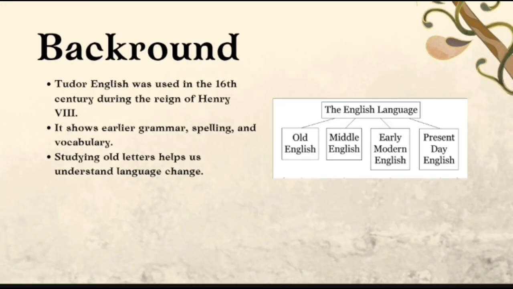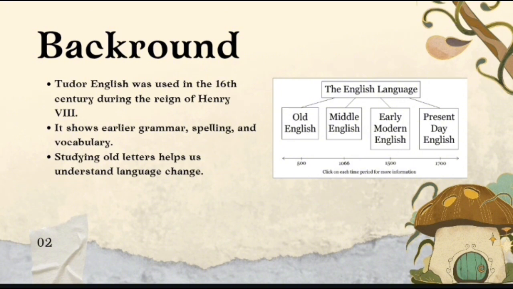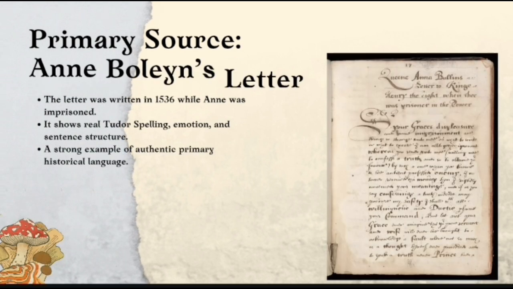During the Tudor period, people used what we call early modern English. This was the stage between Middle English and the modern English we use today. Anne Boleyn's letter gives us a real example of how English looked and sounded in that time, especially in a royal and historical setting. So, our main source is Anne Boleyn's letter from